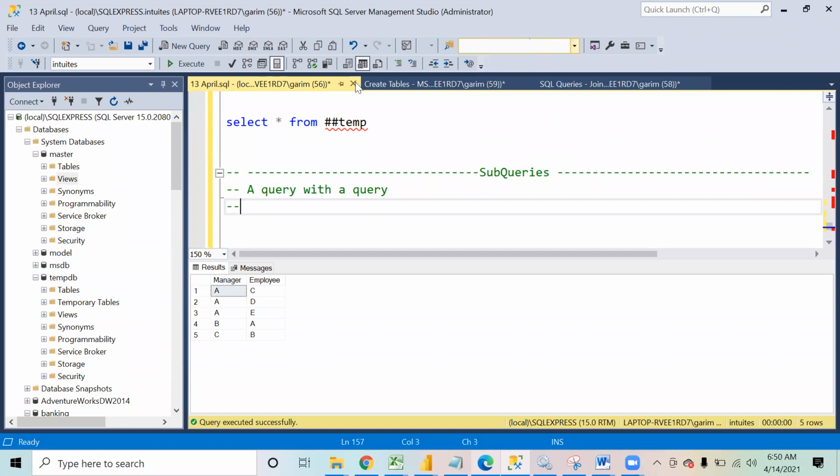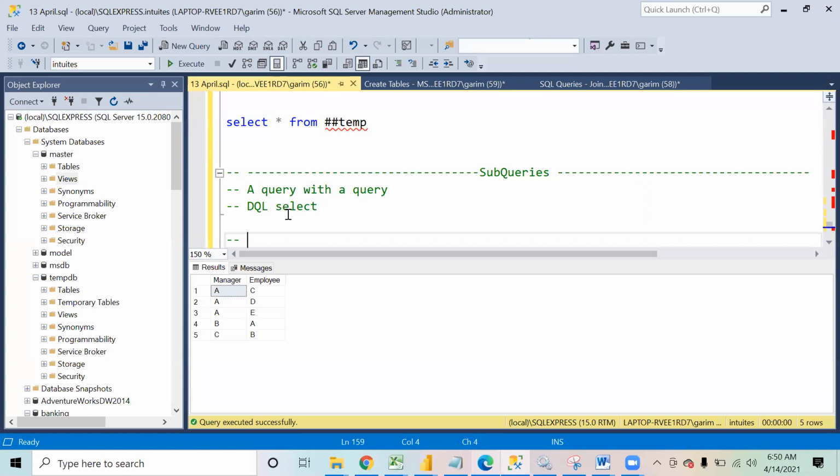So what is the command that we use for DQL? If you remember, that is select, right?